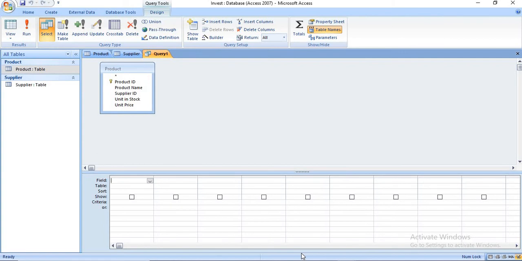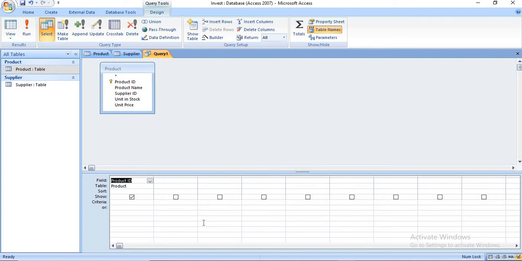When you add the product table, what is the criteria? The fields in the query are product ID, product name and unit in stock. So we have to add only 3 fields from that table: ID, name and unit in stock. Here is ID, just double click on it, it will add in the lower side. This is your criteria box.